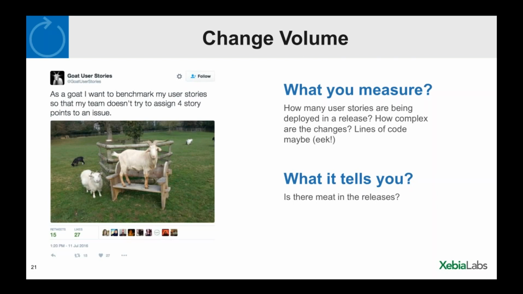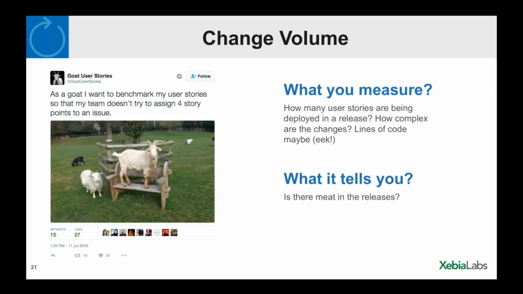Lines of code, I've heard that mentioned as a potential measure of change volume. I've always been somewhat skeptical about lines of code as a representation of much of anything except lines of code. If you are releasing one change that's one line of code, but it's a very elegant line of code that represents a major change, well, that's going to have more impact in reality.